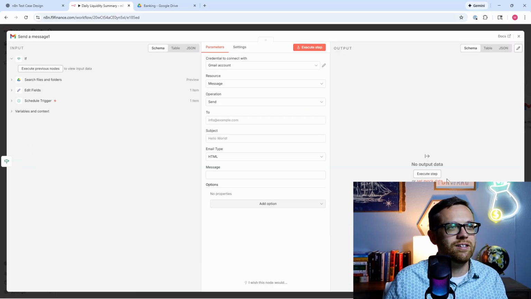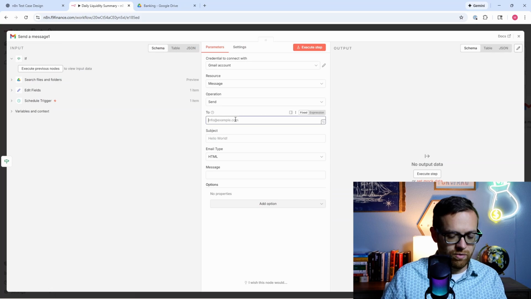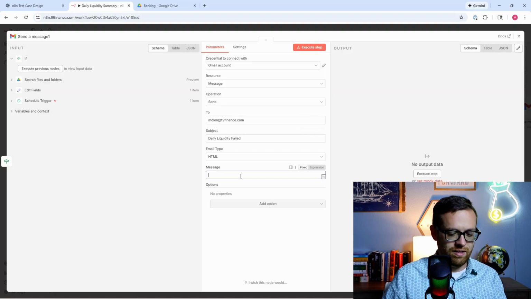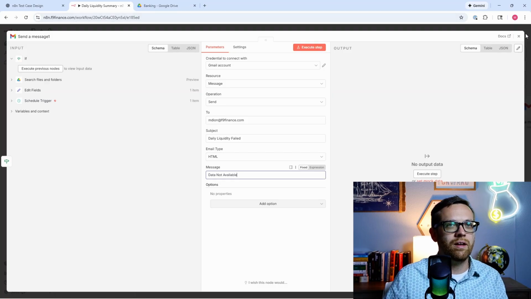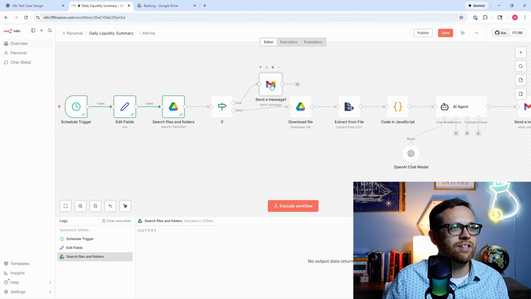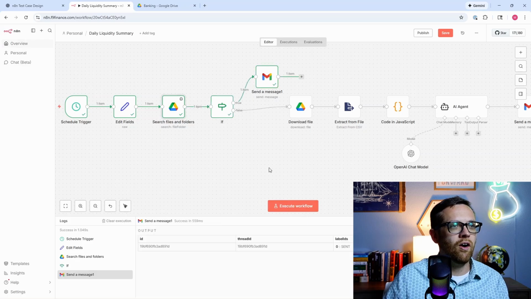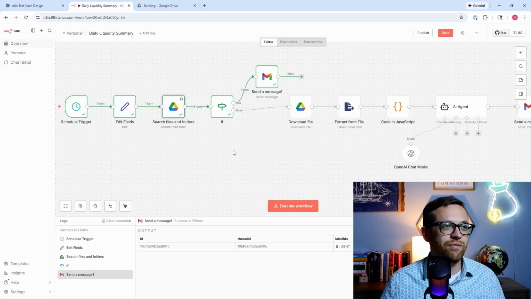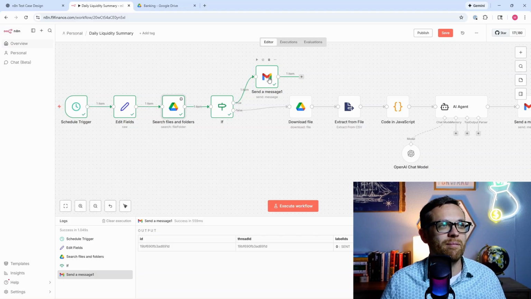All right, and we'll send a message. We'll send this to myself. Daily liquidity failed. Data not available. Okay, so now if we go ahead and execute this, because we've added in this if node to send a message that there was a failure, we see in this case it followed the true path saying it failed, and it's sending a message to me